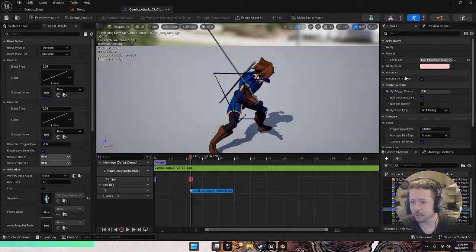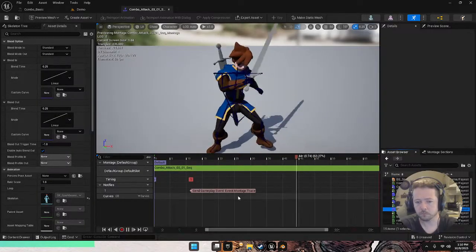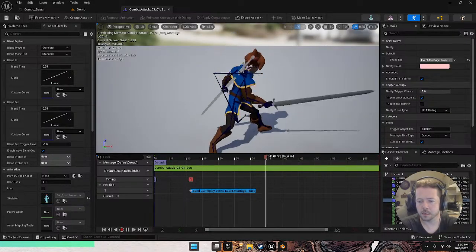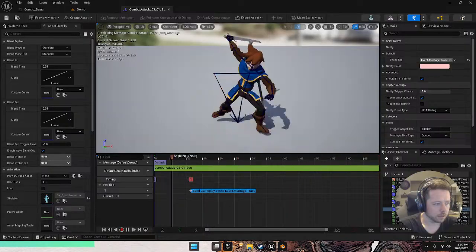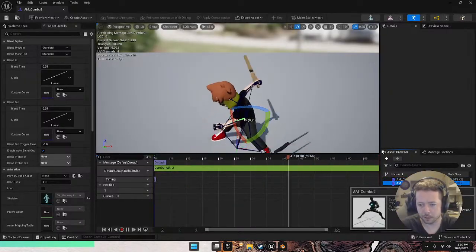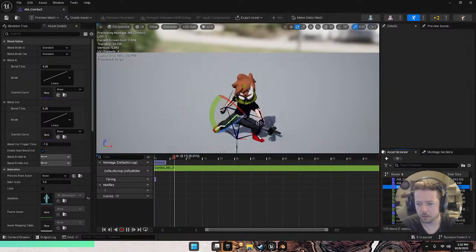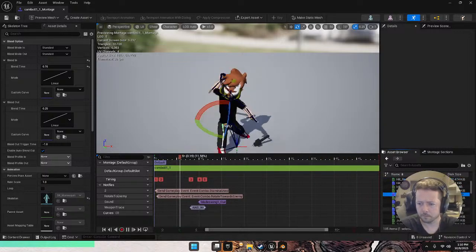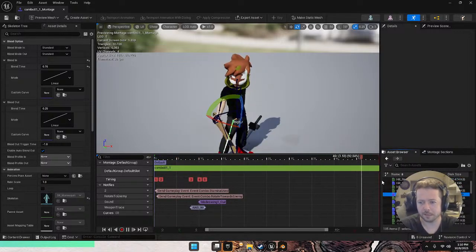Event tag is set. Why is it not picking up on it? Montage trace. Okay, it's there. I just had to close it and open it again. I do wonder though, why there are no notifies on these other parts of the combo. Thought for sure I had them. There they are. Okay, that's why. This is the actual